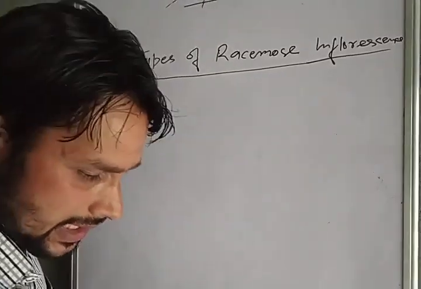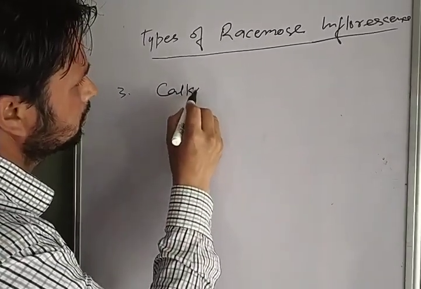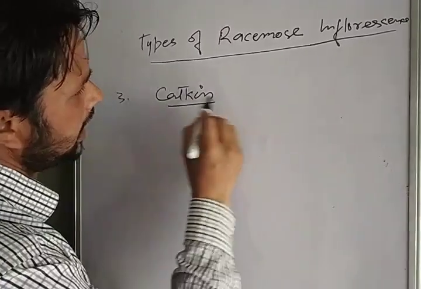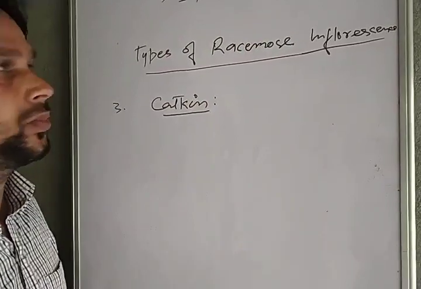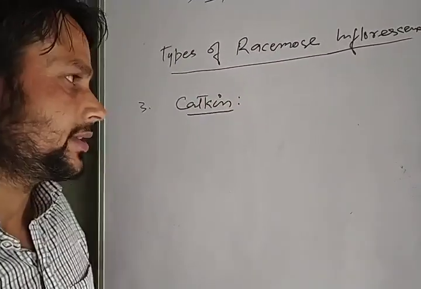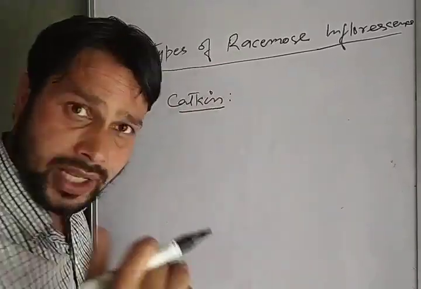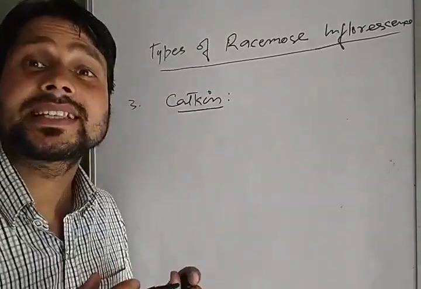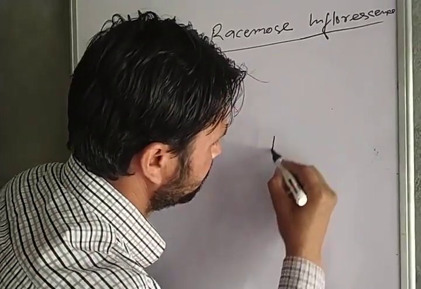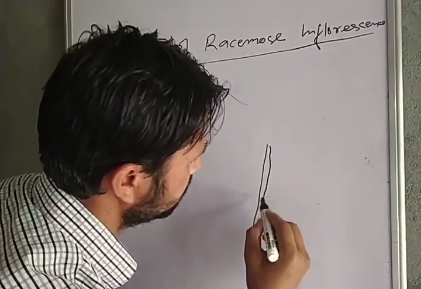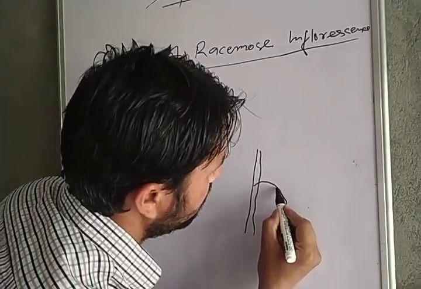we'll move to the catkin type. The third one. Catkin type of inflorescence, which comes in racemose inflorescence. Okay, what catkin is? In this, the peduncle or floral axis remains hanging. It remains hanging like this. It is a branch. This is the peduncle. It remains hanging, and